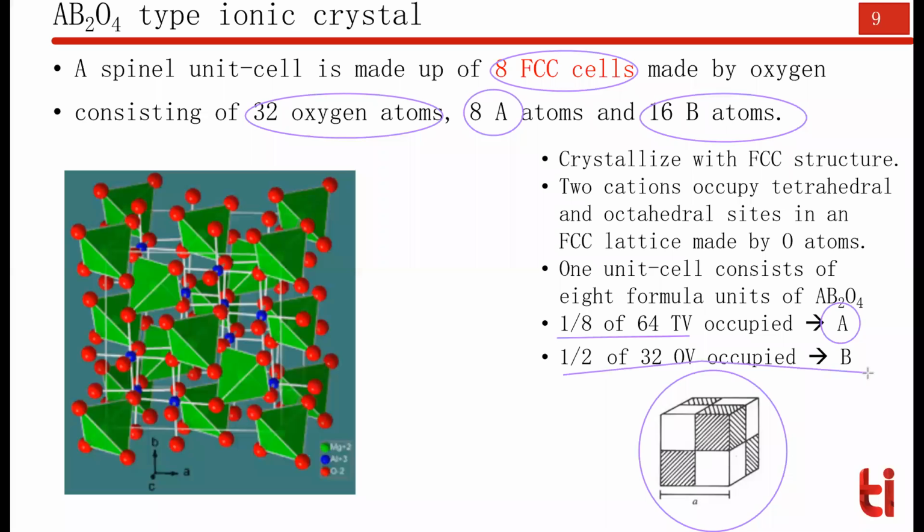Indirectly, it means out of the 16, they distribute themselves in a way that 2 octahedral voids in every subunit cell are being occupied. So now if you try to look at the larger unit cell shown with the atom positions, you can see the larger unit cell is actually made up of 8 smaller cubes, the one which is shown in the schematic diagram like this.